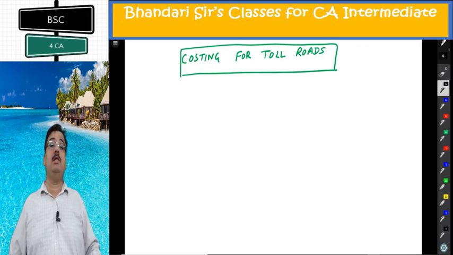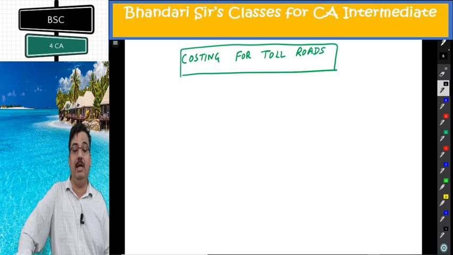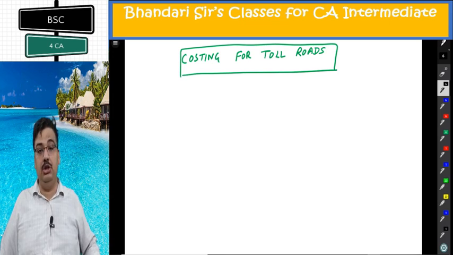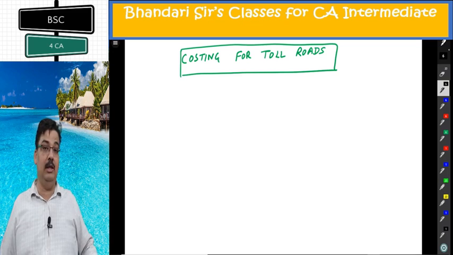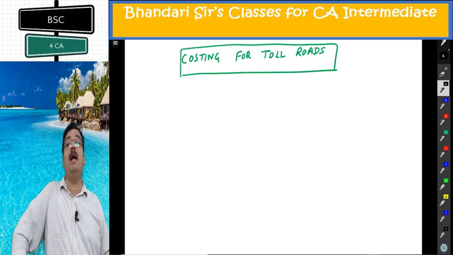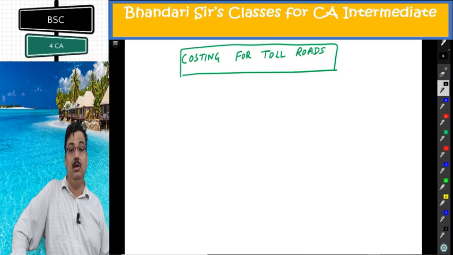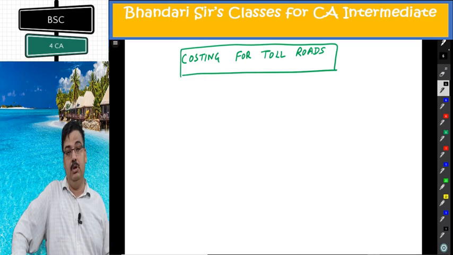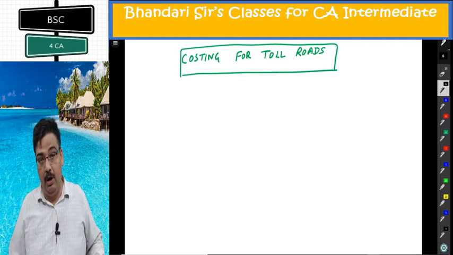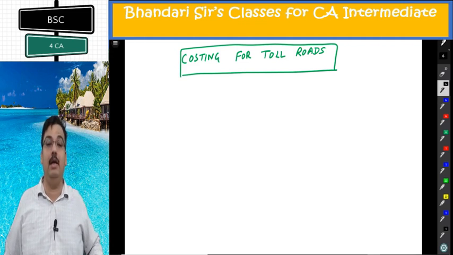Now on what basis the toll charges are taken is being discussed here. We are going to calculate the cost related to the road and divide it by kilometers to get cost per kilometer, divided by number of vehicles to get cost per vehicle. If we add profit in that, that is toll tax or toll to be charged per vehicle if the vehicle is of same type. If they are of different type, the concepts like single room, double room, triple room that we did in hotel costing can be applied here also.